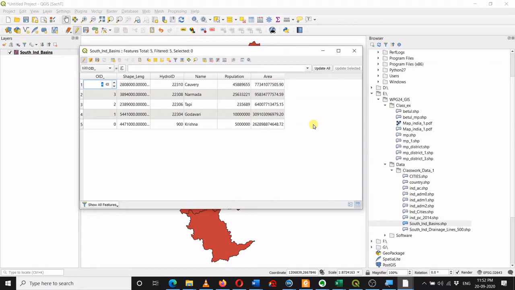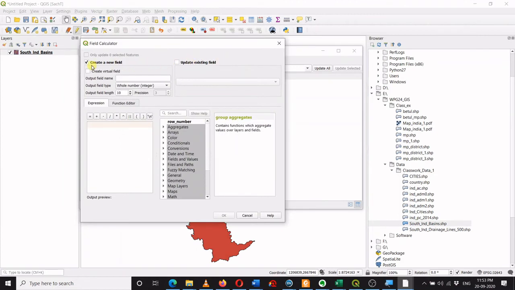I also need to apply a formula to convert this area into square kilometer. I need to divide by 10 raised to 6, because 1 kilometer is 1000 meters, and here I am talking about square kilometers, so I have to divide by 10 raised to 6, that's 6 zeros. So let's do it. I will go to the open field calculator and again create a new field.